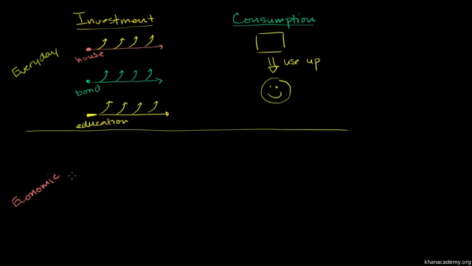Now, the economic definitions are related to these everyday definitions, but they're a little bit more precise. They make the definitions in a way that they're easier to account for if you are a nation. They're easier to keep track of. So the way an economist would define it, they would define economic investment as spending on capital equipment.